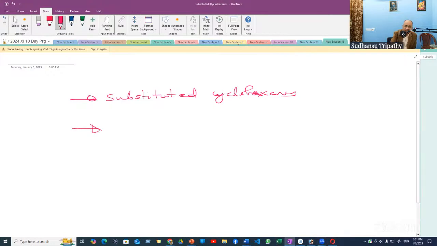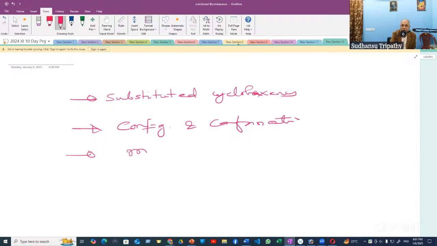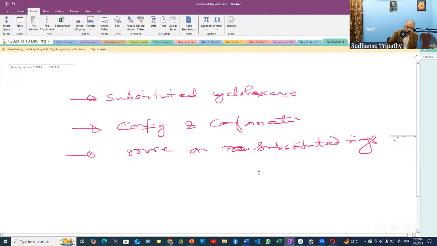Now, substituted cyclohexanes, number 2. Configuration versus conformation, and more on substituted rings. Same configuration versus conformation. Now, yesterday, Rudra, we had seen in